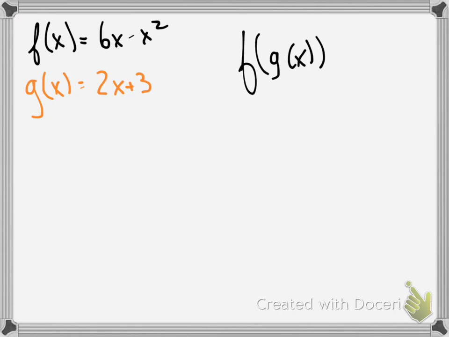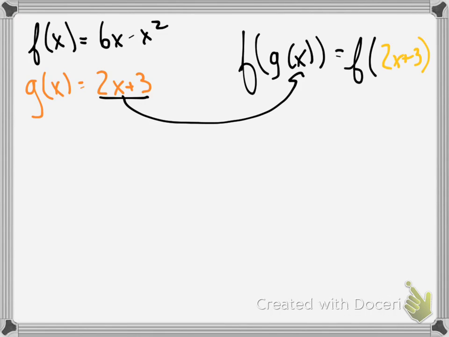And if you remember, I know we did this in Algebra 2. I'm sure you did it again in pre-calc. Essentially, this is like saying double substitution. We take the 2x plus 3 and we put it in for g of x. So now we're basically finding the value of that function f using 2x plus 3 as our plug-in. Okay? So now we get 6 times 2x plus 3 minus 2x plus 3